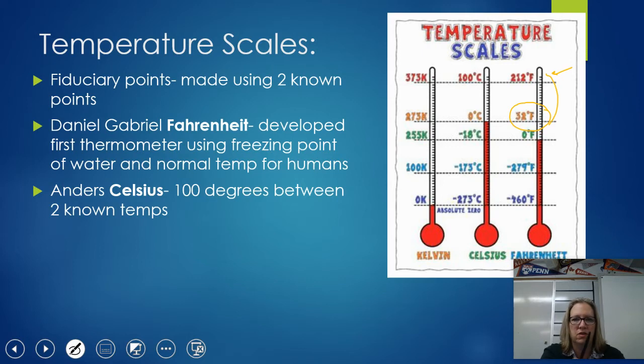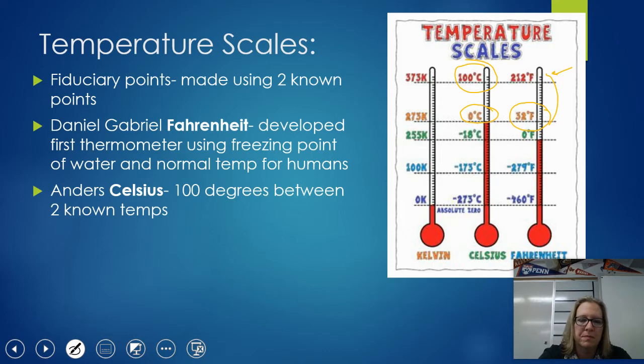Andrew Celsius took the freezing point of water and the boiling point of water, and he separated them by 100 degrees, okay? But the interesting thing is he set the melting point as the 100 degrees, and the freezing point was the 0 degrees. I have no idea why. It doesn't make sense. After he died, another scientist came in and actually swapped it. So we've got the boiling point of water on the Celsius scale is 100, and the freezing point of water